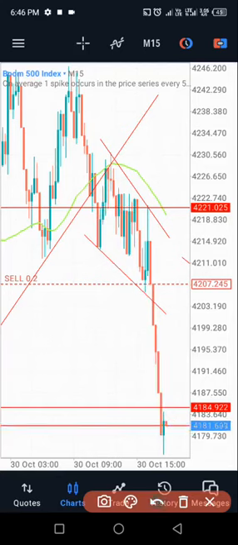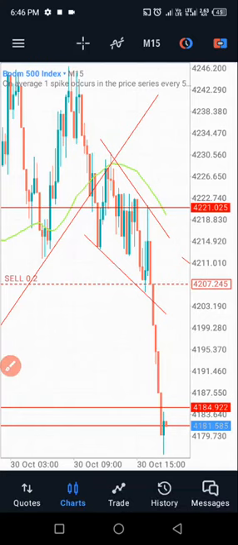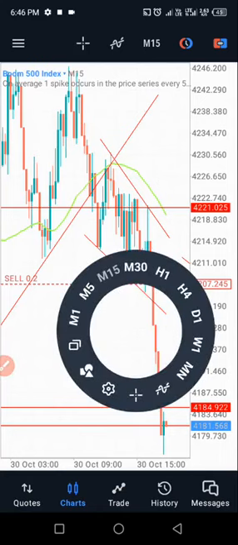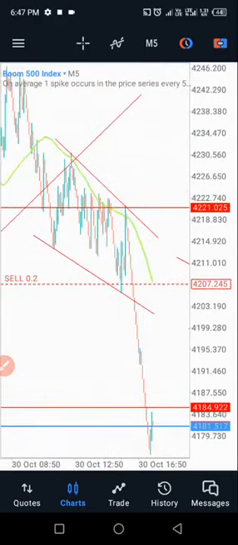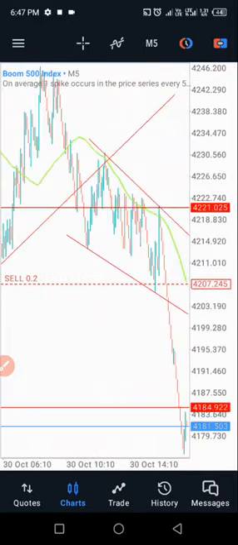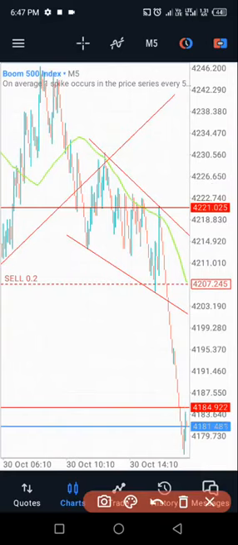All right, so I'm going to go to the 5 minutes time frame and show you the pattern that I waited for before I took this trade. Okay, so I'll head to the 5 minutes time frame now. All right, so after I found out the market has broken this trend line here, I waited for a retest. All right, and I saw this retest on that same trend line, and then I noticed